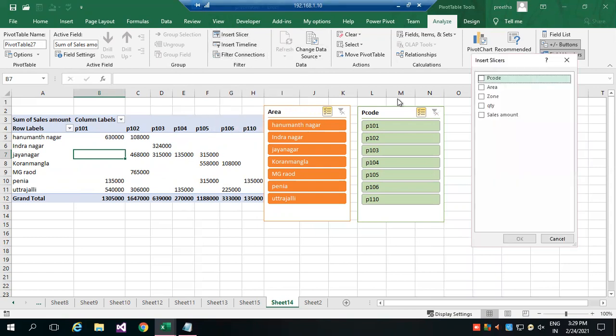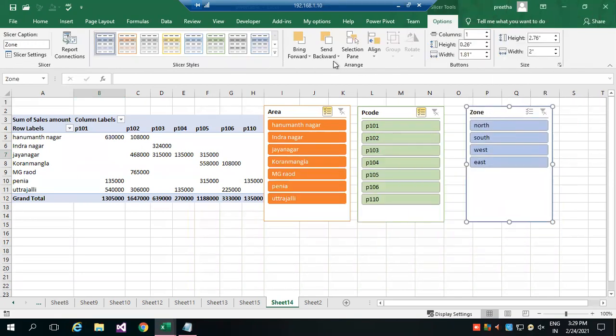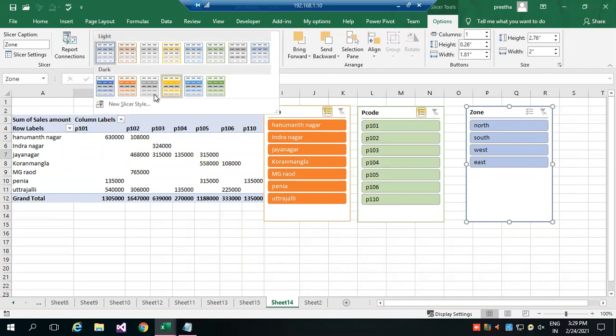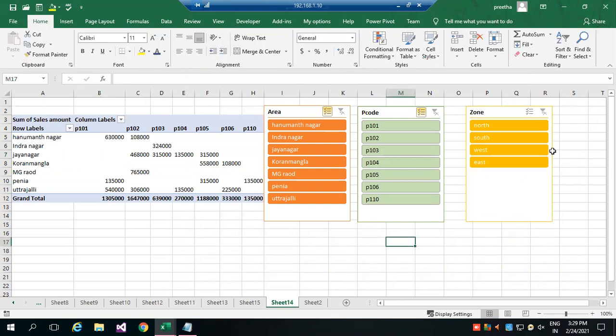So whenever I click slicer in my pivot table, whatever fields you had when preparing it, those fields it will show. For me, the slicer will be applicable only for code, area, and zone. Correct. So like this, I can have multiple slicers. Then when I'm showing with the users, I can tell only for which zone I wanted to show. So right now in this table, there is no zone, only area and product code. Zone I have not added in this.